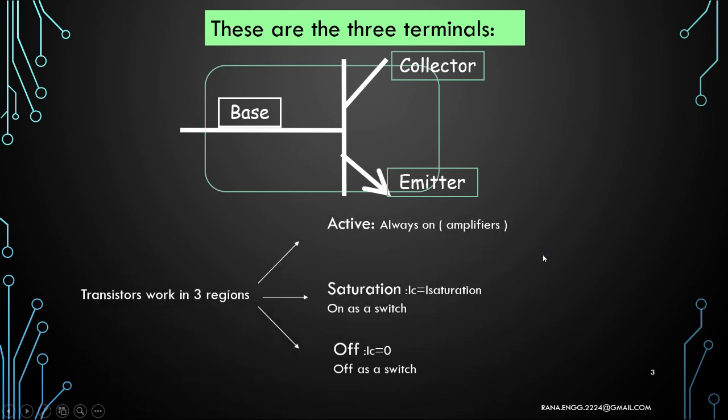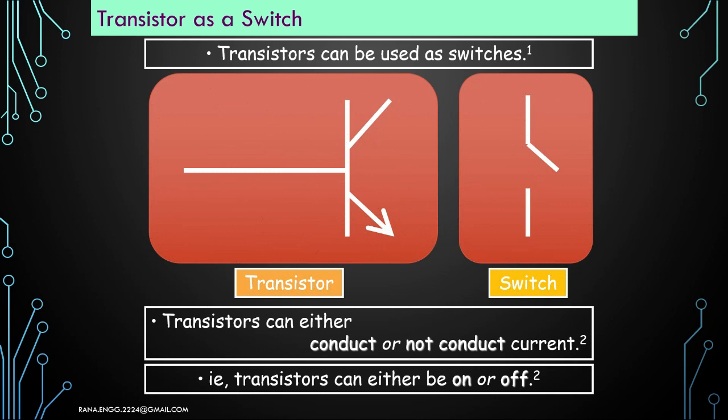And these are the three regions where it works: active, saturation, and cutoff. We will see about its graph also, how exactly we get these regions graphically. Then we have discussed that transistor can be used as a switch. This particular transistor which is shown in left side can be termed as a switch. A function of switch is to on and off. Basically we use transistor for digital logic. In digital logic we term on as 1 and off as 0.